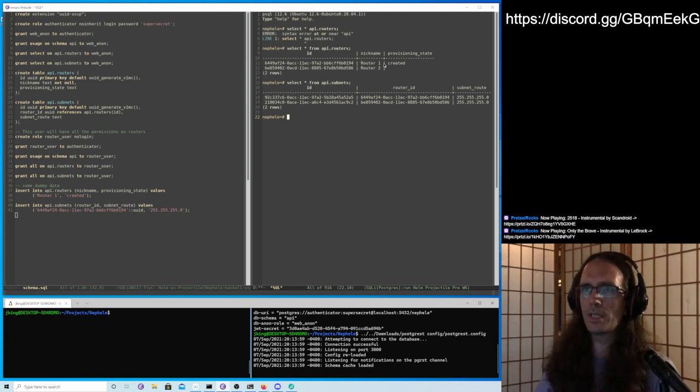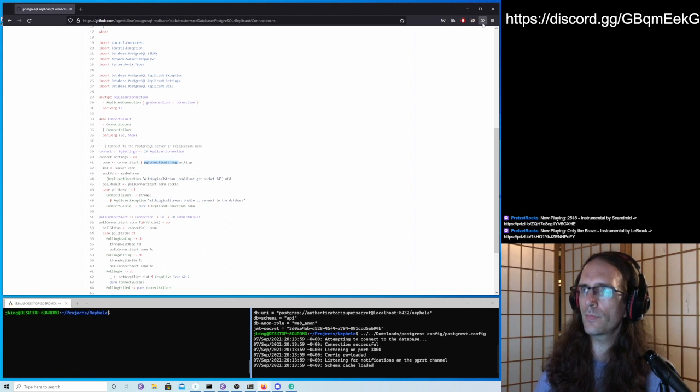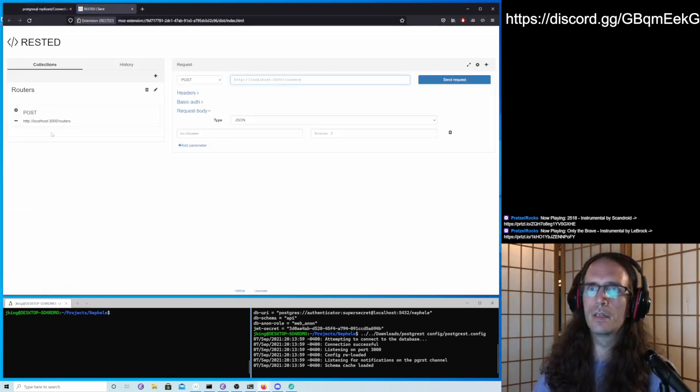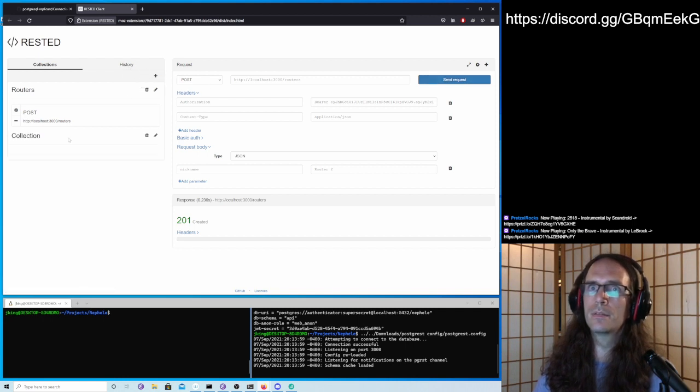They're related by foreign keys, and now what we get with our handy dandy PostgREST interface to this are just these nice little REST requests. We can post and create a new one. We can get our routers.